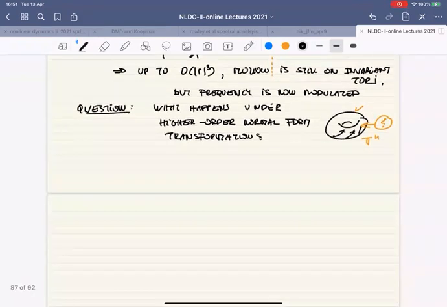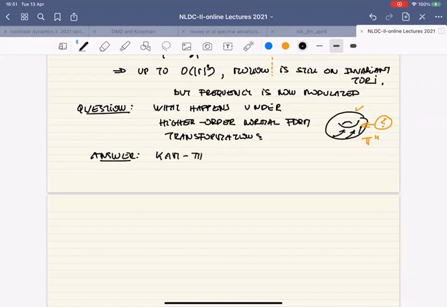And the answer bears several people's names. It goes by the name of KAM theory, which stands for Kolmogorov, Arnold, and Moser,